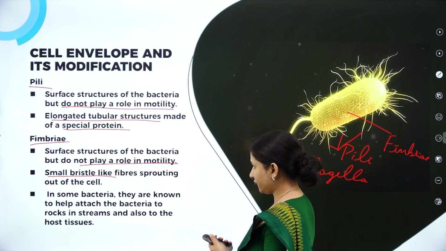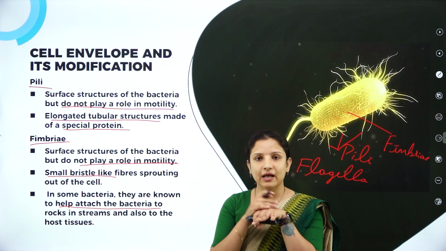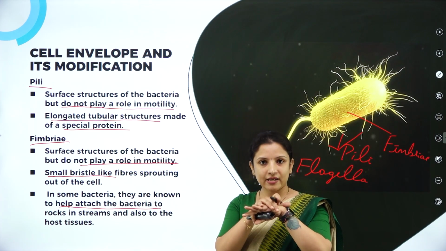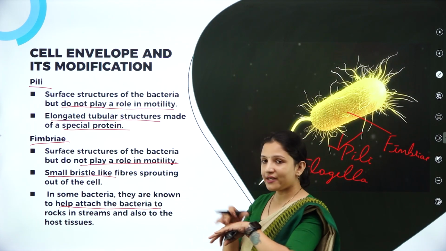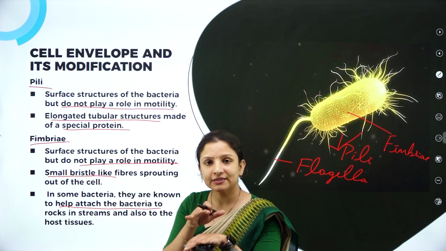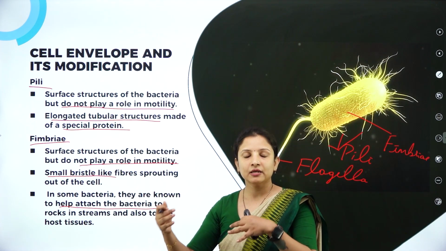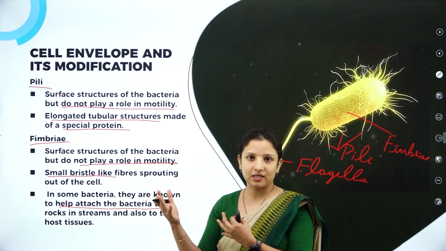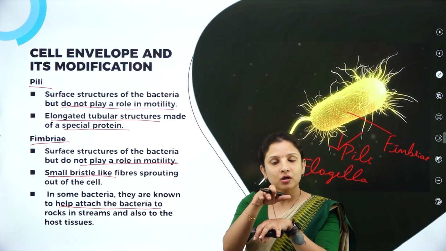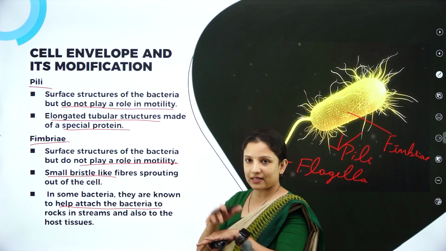Now this fimbriae has a particular function. What is the function of fimbriae? They help the bacteria to attach to rocks. For example, cyanobacteria usually grow in wet areas, or in streams. That is Anabaena, Nostoc and all that, we find them in streams. So in streams, when there is flow of water, the water currents can carry off these bacteria. So these bacteria can go and attach to any substratum, that is rocks or logs of wood, whatever is there in or near the stream,